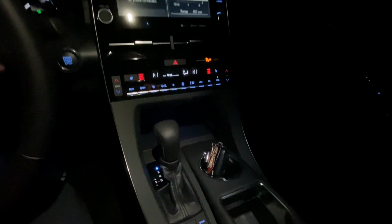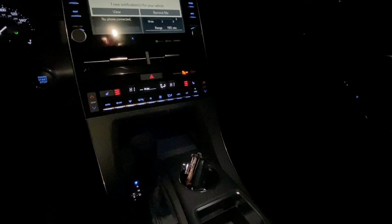Probably it's really hard to see, but in this small cubby right here, there is actually a light. It's really hard to see, but there's actually a blue light right inside, and in the bottom right here there are actually lights. It's really hard to see with the camera, but overall the lights in this Avalon are actually really nice. Coming down to the gear shifter, everything is nice and labeled and backlit, and then down here you have a couple